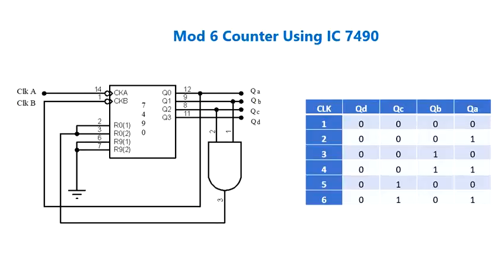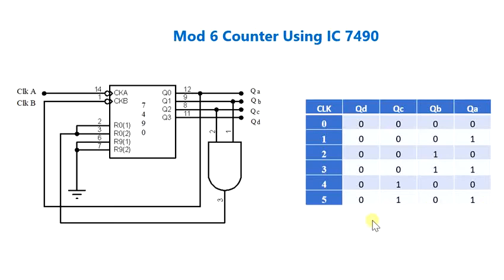Now coming to the mod 6 counter. For the mod 6 counter, the counter will start counting from 0000, and this is the 0th clock pulse. That is, as soon as you switch on the trainer kit, 0000 will be the first thing that appears on the output indicators of your IC trainer kit. On application of up till the 5th clock pulse, you obtain the value 0101.